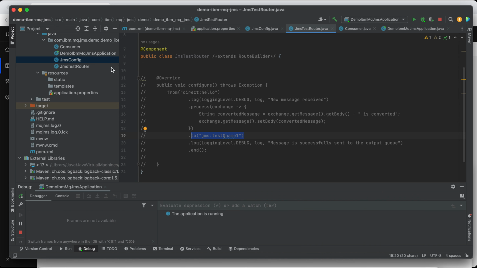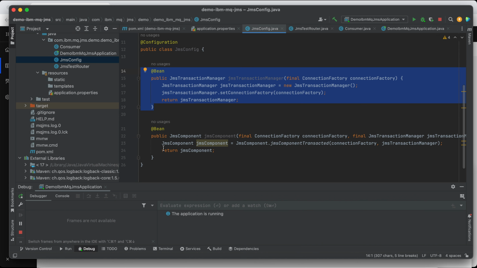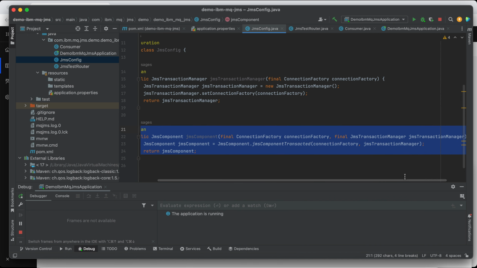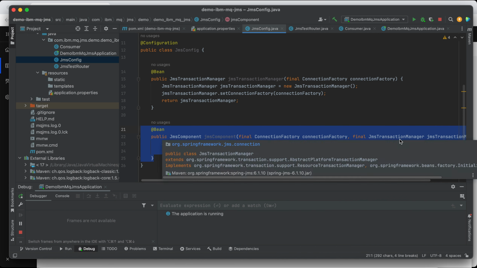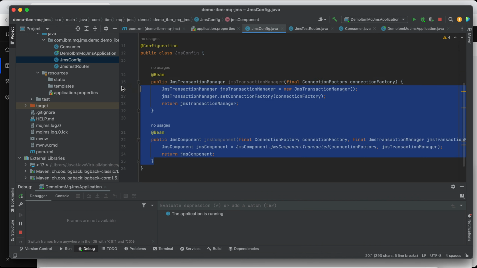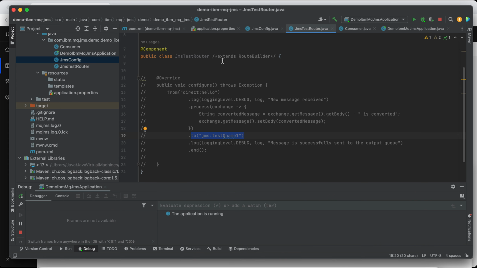Now this JMS component has some dependencies like the connection factory and the JMS transaction manager. That's the reason why we need this. After configuring these two beans, we can configure the Apache Camel route builder.